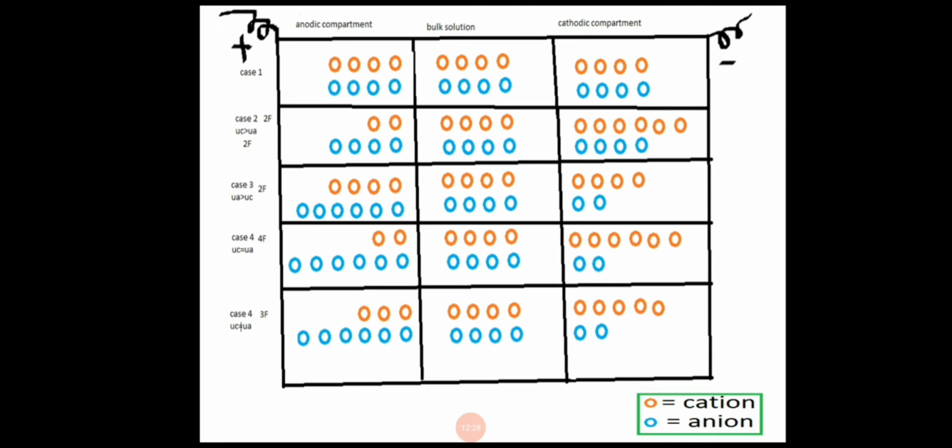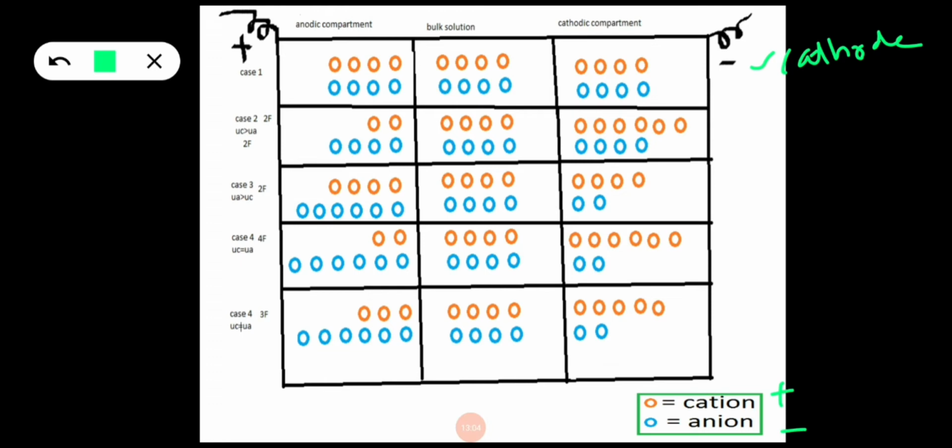Now these are connected to a battery, and suppose a very small quantity of current, like 0.01 amperes, is passed through this electrolytic solution. Now we know that cations carry positive charge. Here we have shown cations with orange circles. Anions carry negative charge. They are shown here with blue colored circles. Cations will move towards the cathode, the negative electrode. The negative electrode is called the cathode and the positive ion is called the cation. Cations move towards the cathode and anions move towards the anode.